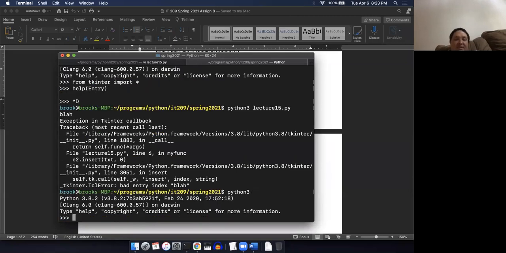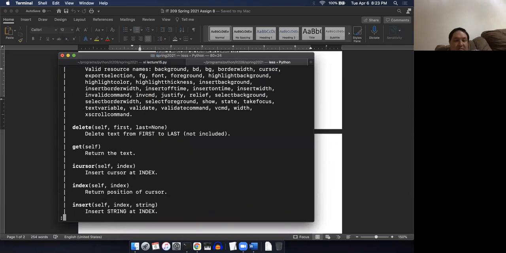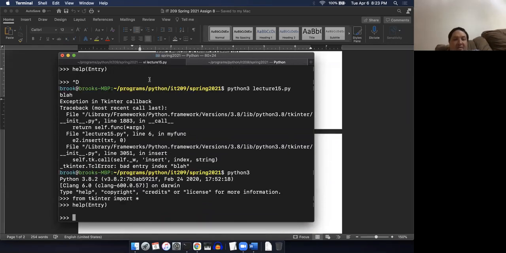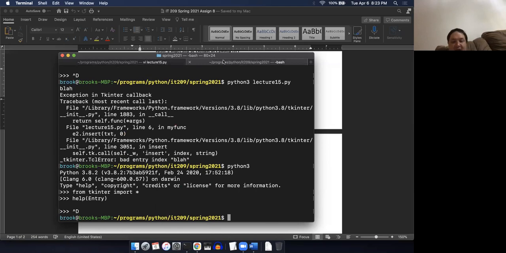Well, this is kind of embarrassing. I'm not as well prepared for class as I should have been, clearly. Okay, so let's see. All right, so we have to do the index first and then the string. So I need to put in the number and then the string that I want to do. All right, so I botched that. Let me change this order around. So at position 0, I'm going to put in the text. Okay. All right, now hopefully,